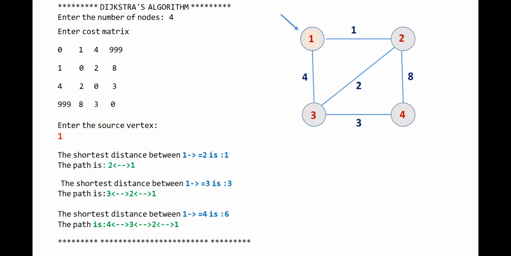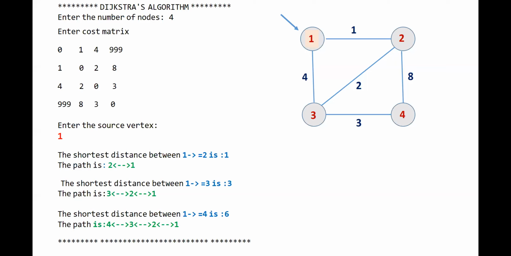Next, enter the source vertex. Please try to understand how the output of Dijkstra's algorithm is obtained. What is the step-by-step output? Then we shall try to understand how it is done. Enter the source vertex. We can consider any vertex among the given graph as the source vertex, not only one. We can randomly select any one of the vertices as the source vertex. In this example we are considering 1 as the source vertex, and hence it has been indicated with an arrow mark. It is not related to the graph; I have just indicated the source vertex through an arrow mark.